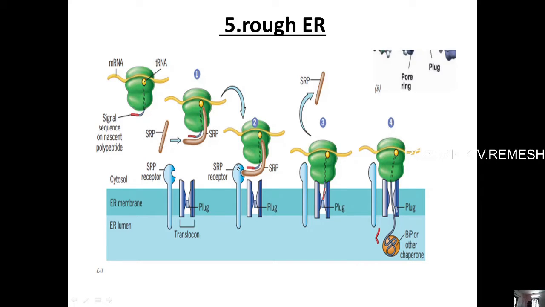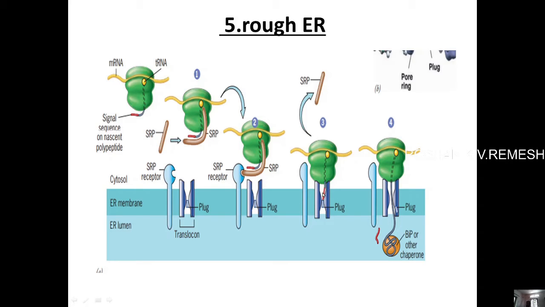This binding, SRP receptor and SRP, activates the hydrolysis of the GTP present in the SRP receptor. So GTP gets hydrolyzed and converted to the GDP form. Now the receptor is the SRP receptor GDP-bound form. Now it has a different conformation, so it cannot interact with SRP. So this SRP gets eliminated. So the inhibition of translation gets lifted. As a result, the signal peptide gets free,